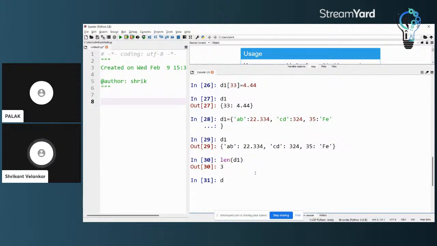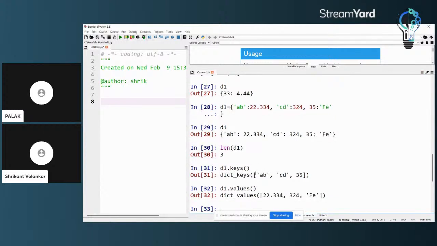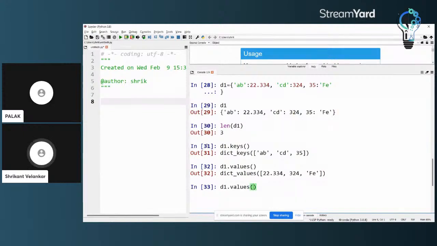Okay, now if I say d1 dot keys, it returns me the list of keys in the dictionary. You will see that it is returning AB, CD and 35, which are the keys. Okay, if I say d1 dot values, it will return only the values in it. And if I say items, it will return me key value pairs as tuples inside a list.